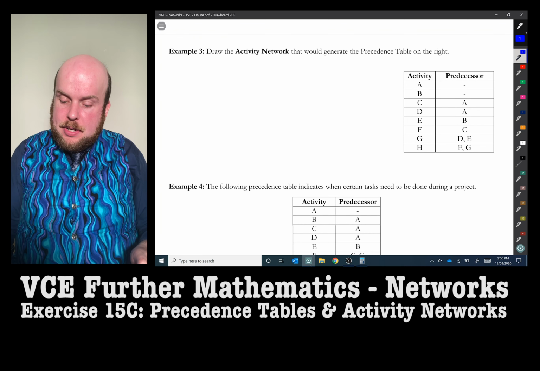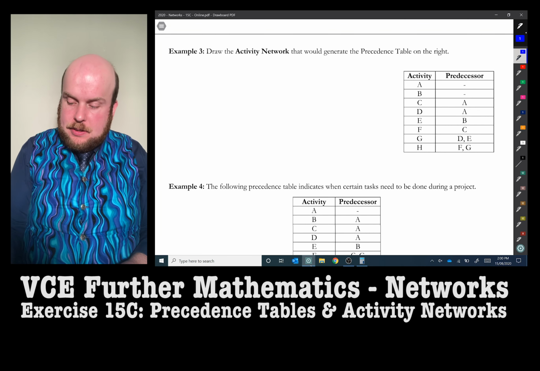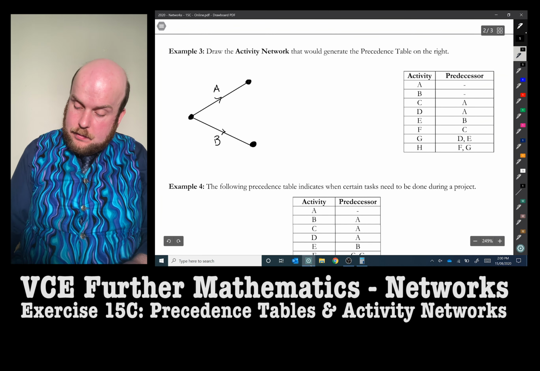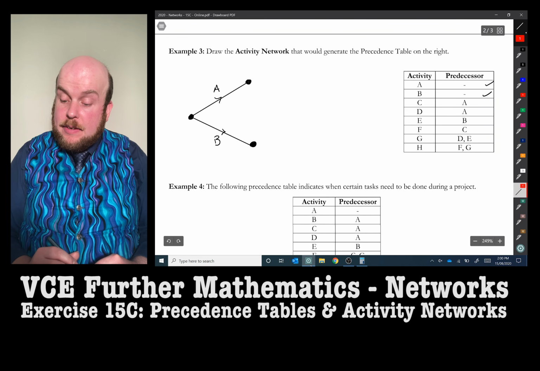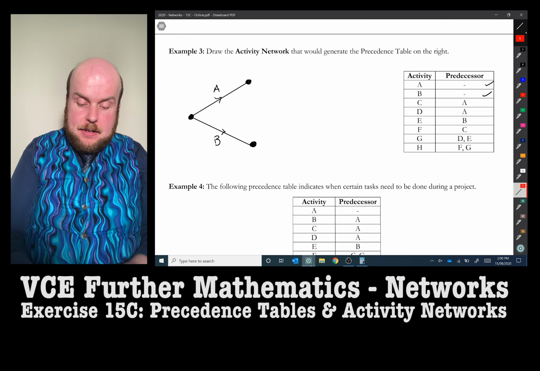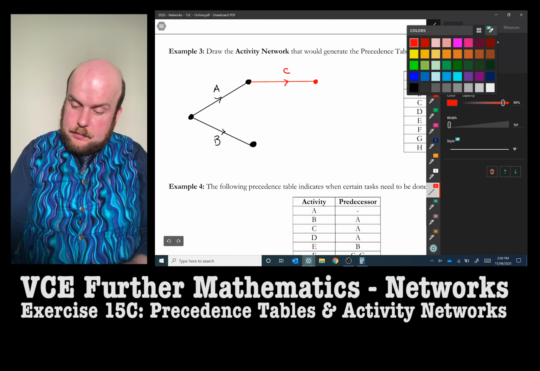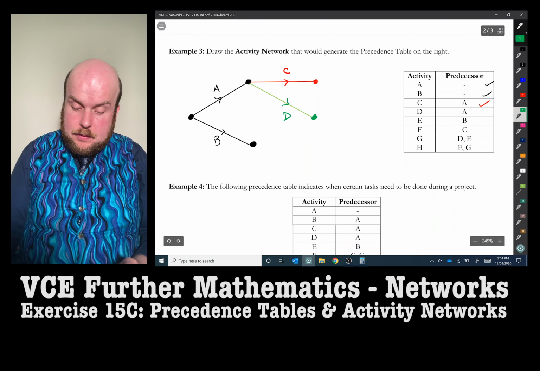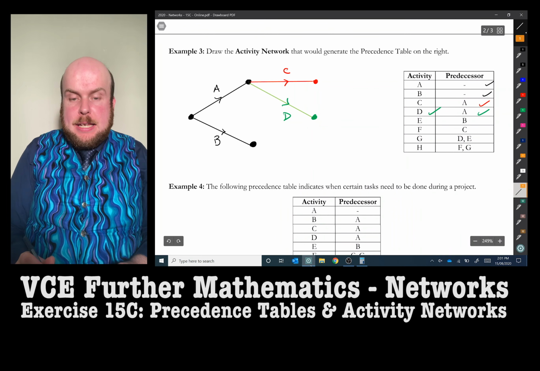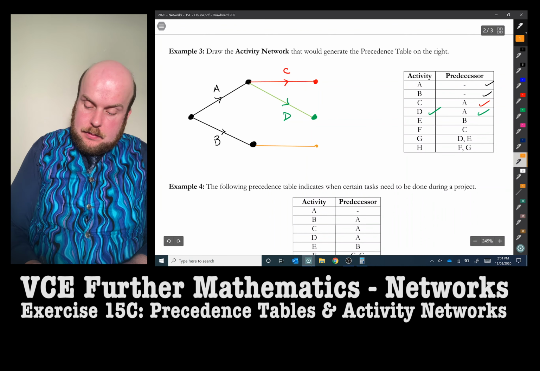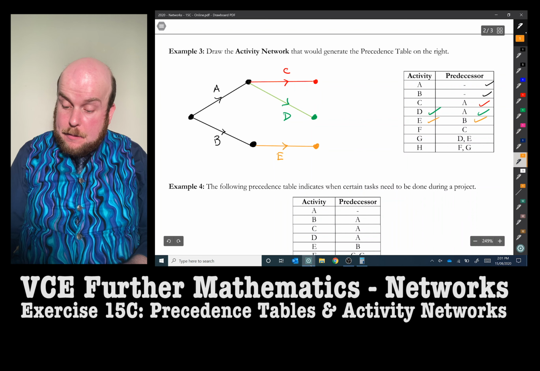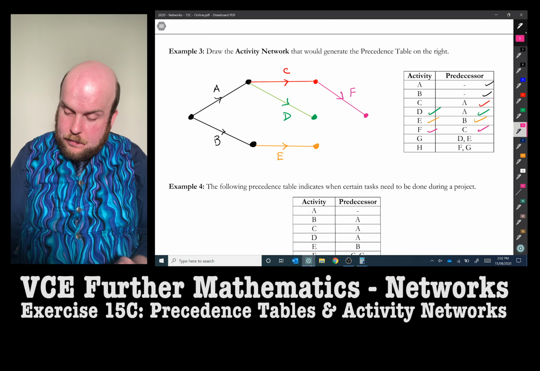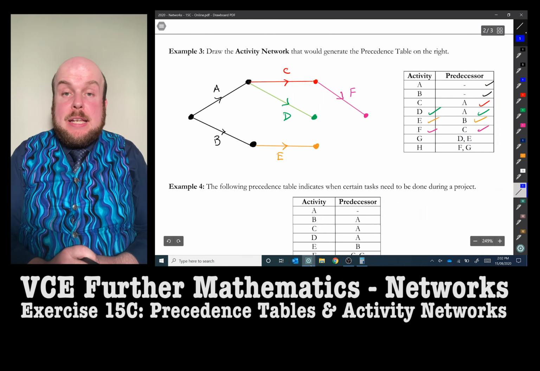So we've got A and B have no immediate predecessors. So I'm going to start by drawing those. Activity C, the immediate predecessor is A. For D, the immediate predecessor is A. For E, the immediate predecessor is B. For F, the immediate predecessor is C. G, the immediate predecessors